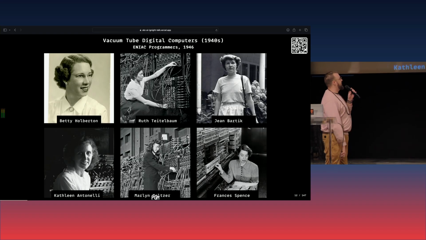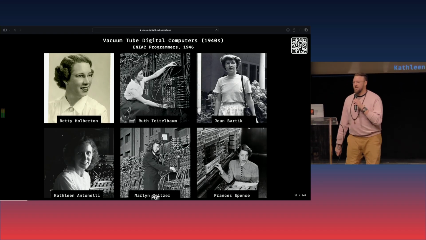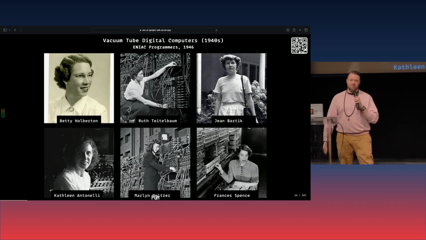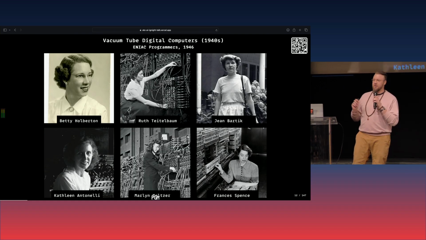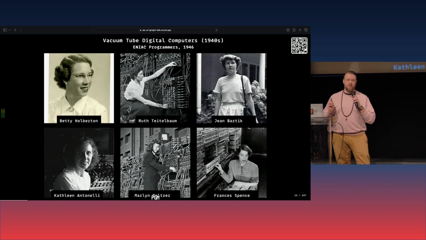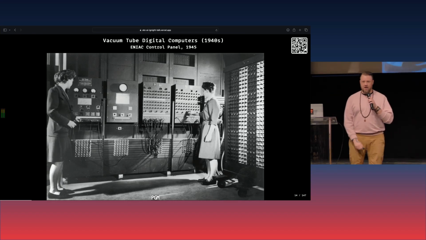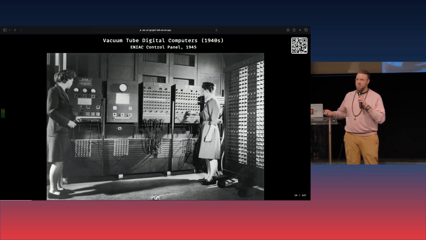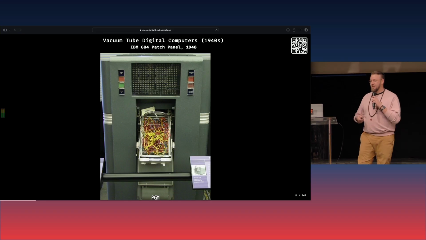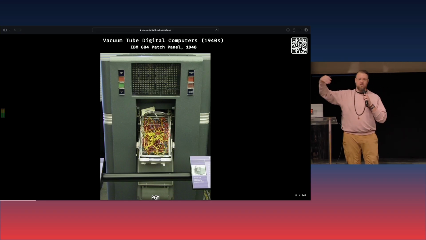A few people were like, okay, that's interesting, but let's get started with a few of these major devices. The ENIAC computer gets created in 1946. In the early 1940s, 6 key women were selected from the mathematics department at the University of Pennsylvania to do some of the first programming ever. They created concepts like breakpoints and debugging, some of the fundamentals that we use today. And this computer eventually evolves into the IBM